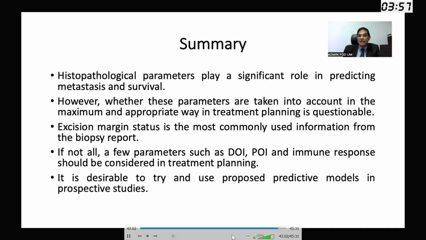I think we should make teams and collaborations between oncologists, surgeons, and pathologists to come up with better data, because, as I said earlier, oral cancer in our part of the world is not the same cancer. It's a different disease compared to oral cancer in the rest of the world, where betel quid chewing is not a habit. So therefore, my dear friends, please embark on more and more research on oral cancer.